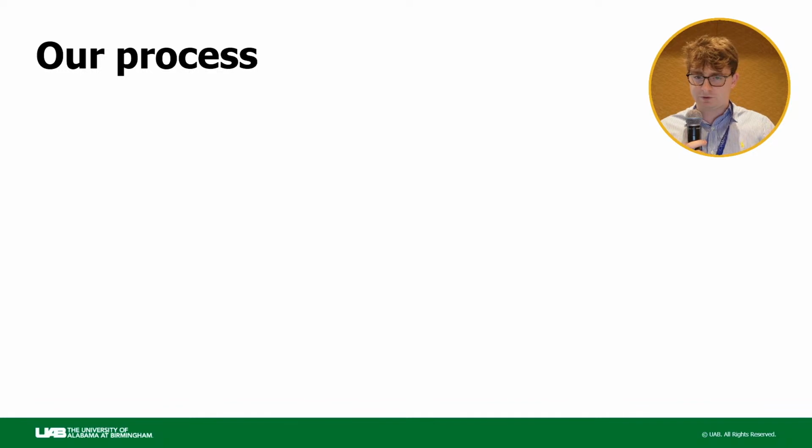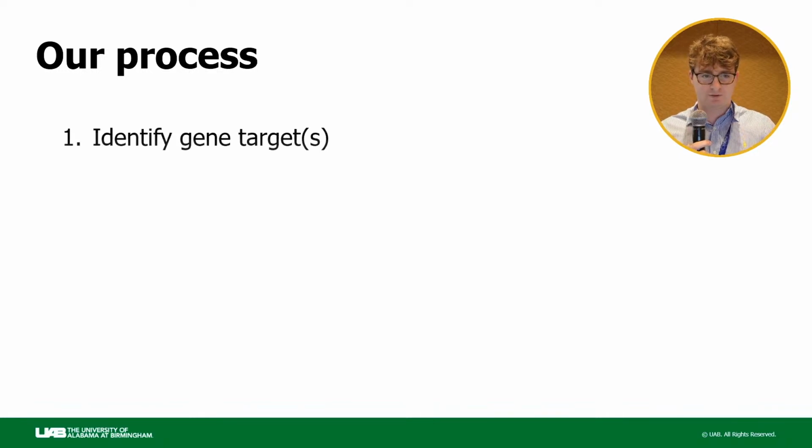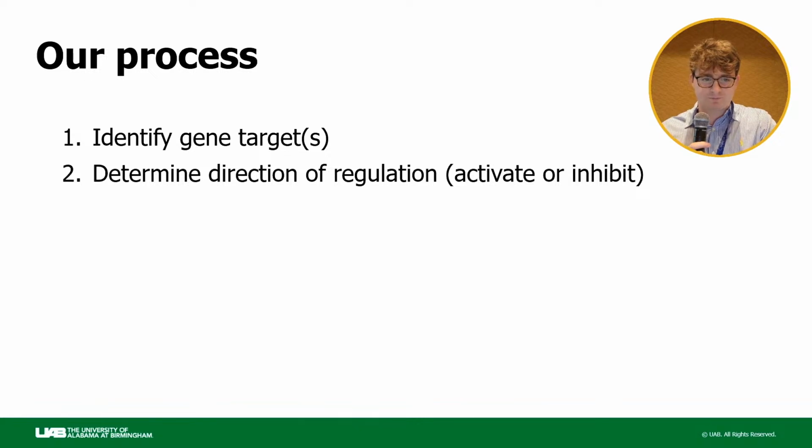First, we're going to go through our process here. What we do really well right now is review monogenic disorders, which is a disorder associated with one gene. But sometimes there are several genes involved in the disorder. So we go through the gene, we look at the genetic variant that's included, and any other pertinent genetic information. Then we determine the direction of regulation that we want to act on the gene. This will be either activate or inhibit,